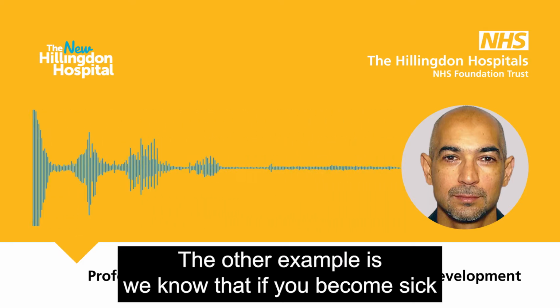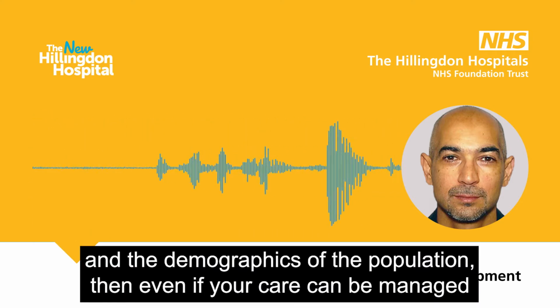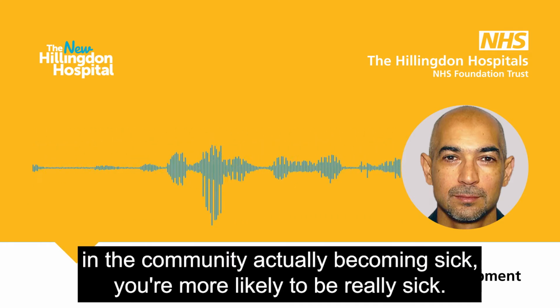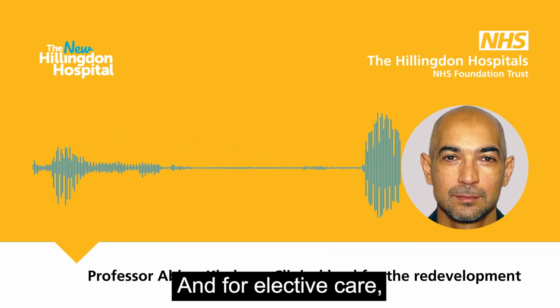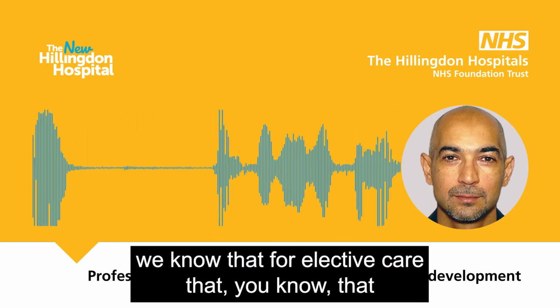The other example is we know that if you become sick, and given the demographics of the population, then even if your care can be managed in the community, if you come in sick, you're more likely to be really sick. So we've doubled the size of our critical care unit. And for elective care, we know that